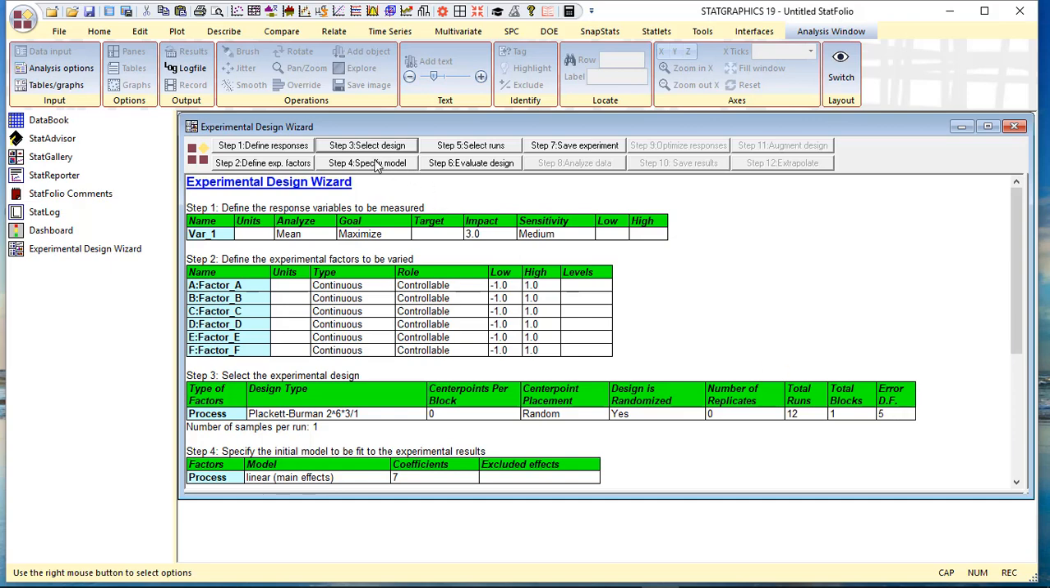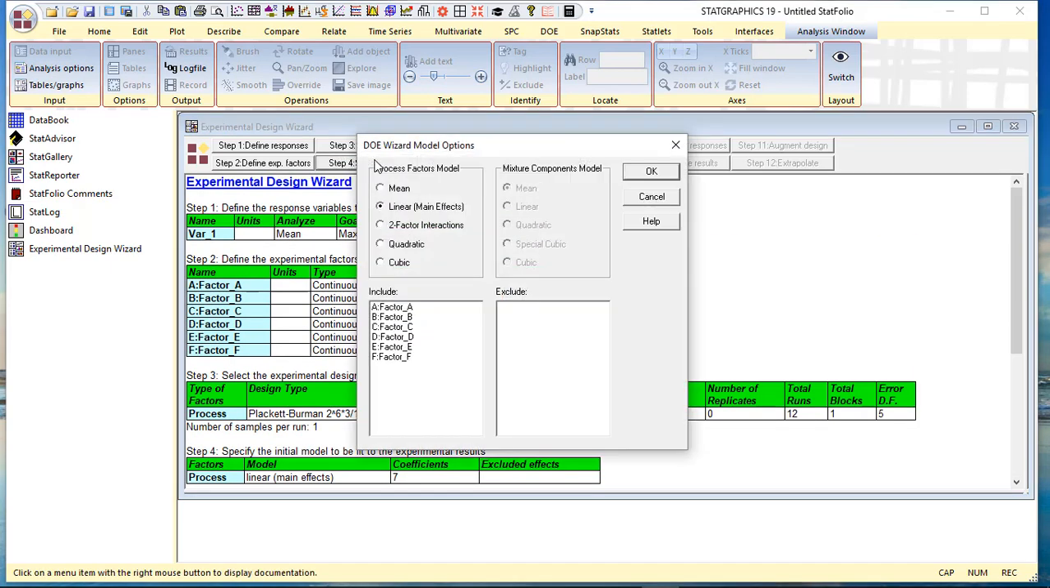Now the next step I intend to perform is step 4. Step 4 is where you specify the model that you wish the experimental design to estimate. It's been set by default to linear because that's typically what's estimated by a Plackett-Burman design. You could ask to estimate 2-factor interactions, but with just 12 runs, we don't have enough runs to estimate all those terms. So we'll just keep it at linear